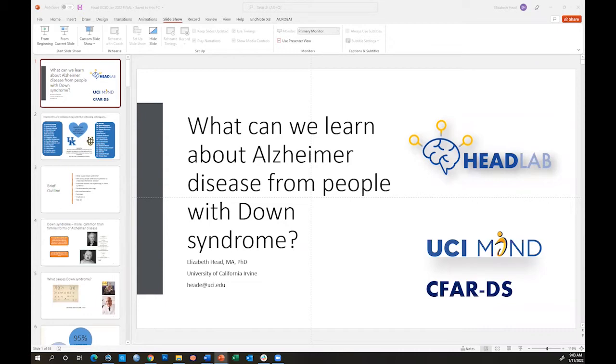Professor Head also serves as co-PI for UCI's Titan T32 grant, which provides funding and training for the translational study of Alzheimer's disease and related dementias. Dr. Head has been involved with a vast amount of research in the Alzheimer's and Down syndrome field, appearing on over 200 papers spanning the establishment of canine models, which those of us who joined in early heard some discussion and background on. For the characterization of aging, as well as the characterization of beta-amyloid plaques and other Alzheimer's and Down's related proteins at nearly every scale of life, from biochemical to behavioral science levels.